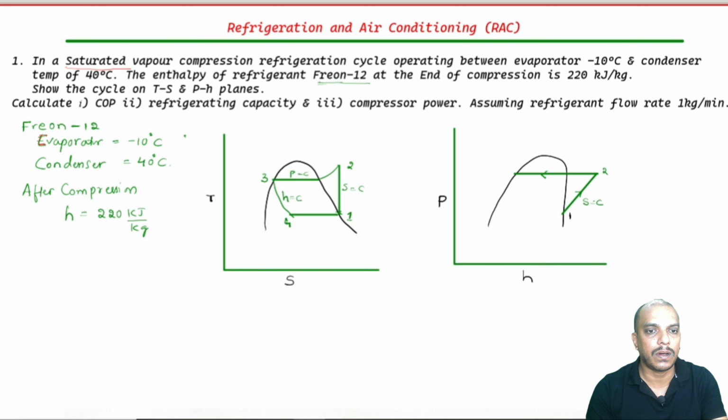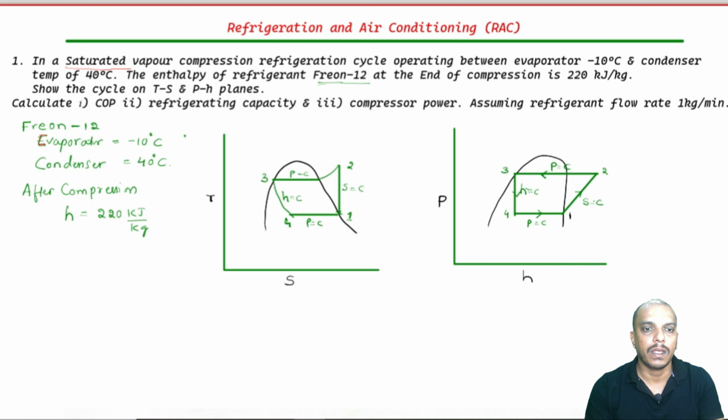In 2 to 3 is constant pressure heat rejection. So, pressure constant looks like a horizontal line, and then throttling is a isenthalpic process where enthalpy remains constant, alright. So, enthalpy remains constant. So, it has to be like this vertical line. Then this is 4, then 4 to 1 is constant pressure. So, this will be like this. So, this is again pressure constant, this is enthalpy constant,